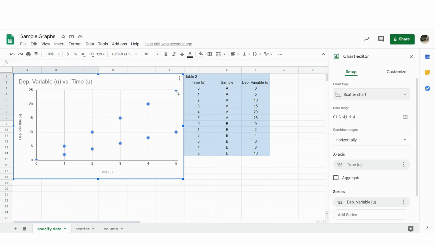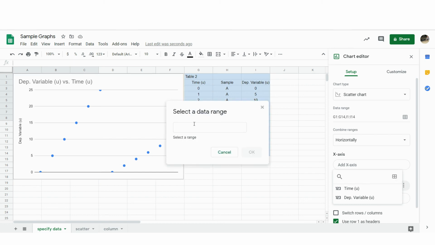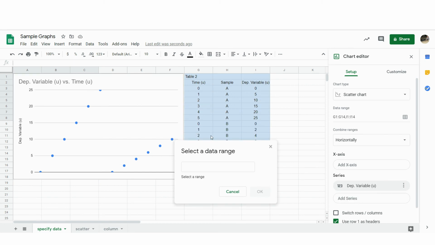So to fix this, I'm going to directly enter what I want for each data series. First, I'm going to change my x-axis. So I'm just going to add a new one here. Click on this box to select the data range, and I'm just going to select 0 to 5, since that'll be the same for both sets of data.